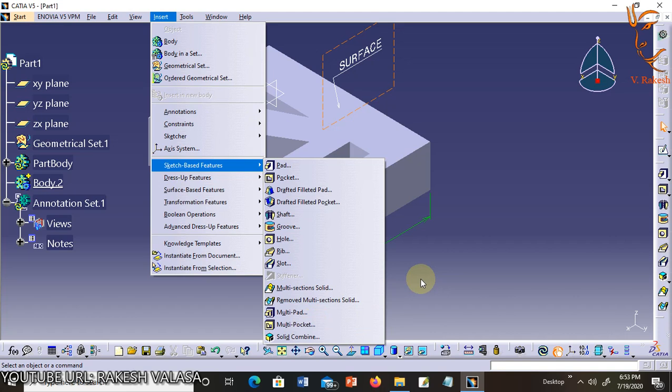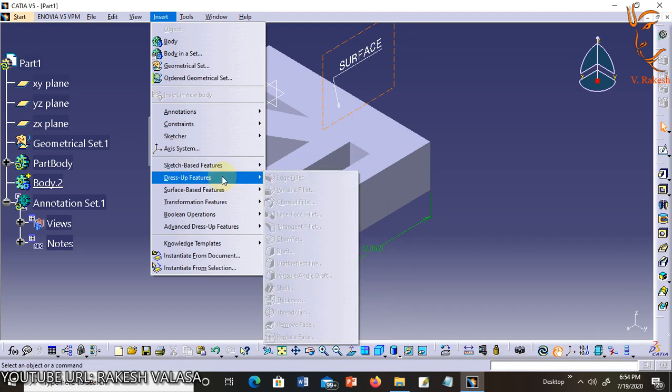This toolbar is a duplicate of the sketch based features found in the Part Design workbench. This tool is covered in more detail in the Sketcher and Part Design workbench lessons.